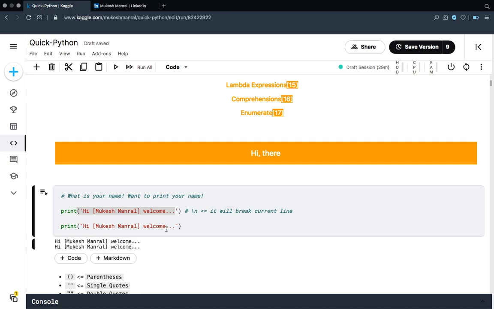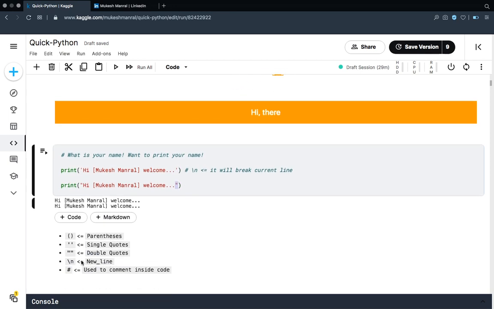What is this slash n doing, why are we using these quotations, what is print, what are these parentheses doing? Print simply prints out everything to your screen. Inside these parentheses, we give the statement which we want to print. These are single quotes. We can use double quotes, we can use triple quotes, and this slash n is the line break statement. So how to understand it? If you want to understand